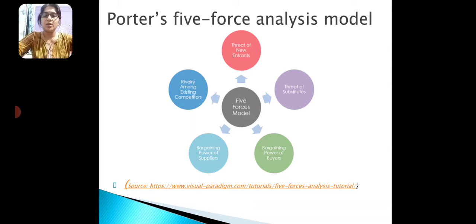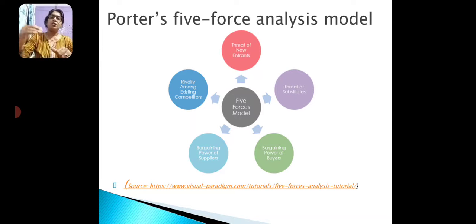If you take FMCG, what happened when Patanjali came? How have the dynamics changed? What happened to the consumers? What happened to the substitutes? It had a lot of substitutes, isn't it? All that you can check. You can take any industry and put it through this model and check for yourself whether that industry is enjoying a competitive